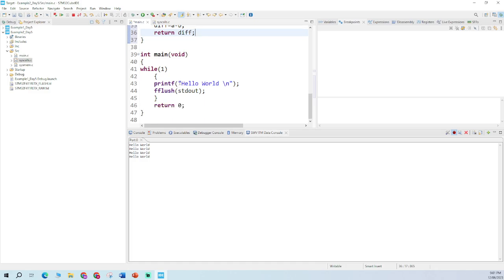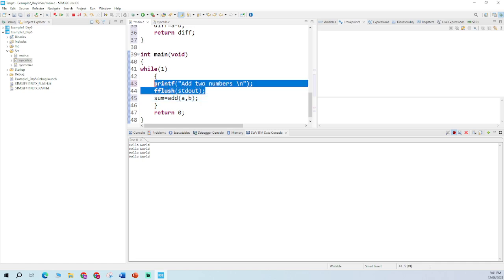Now I'm going to do some changes here. Add two numbers, and what that's supposed to do. So sum equals add of a comma b in here, and this will add the values, and then I have to print the stored value. I have to show it in the result. So doing that,